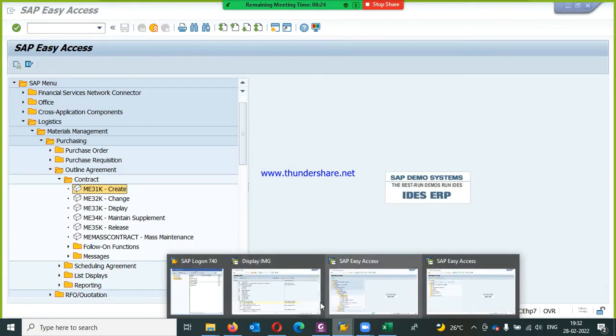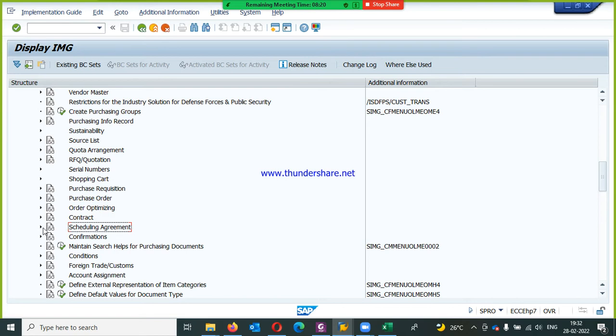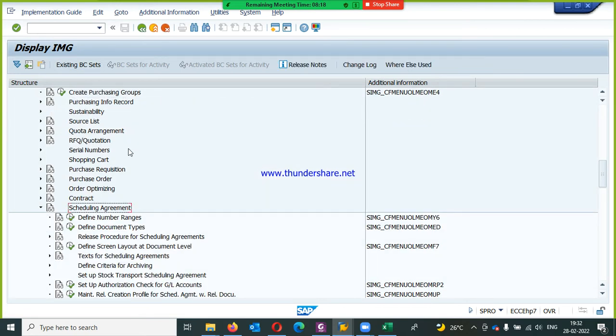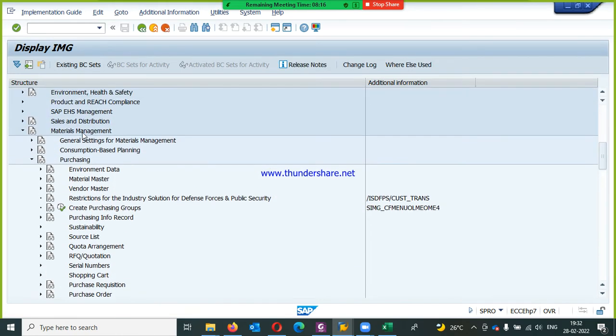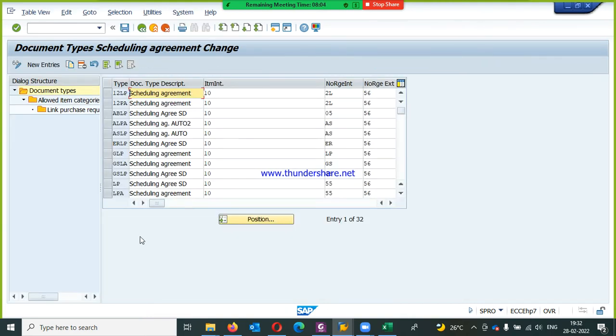Okay, I will come to IMG level again. I will go with scheduling agreement, IMG, Materials Management, Purchasing, Scheduling Agreement, and there click on define document types. T code is OMED. And here the standard scheduling agreement type is LP. Select LP and click on copy,